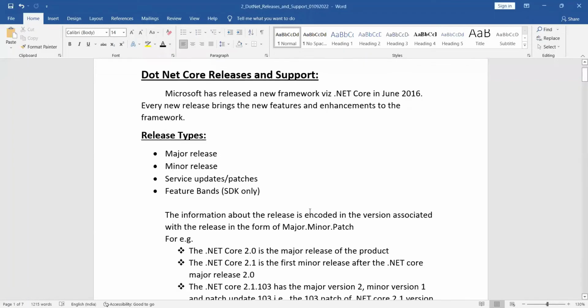So before proceeding with the .NET Core releases, let's start with the release types. Basically, the Microsoft framework was first released in June 2016, and it has evolved with every frequent release provided by the Microsoft platform. The first release was deployed in June 2016 with version 1.0, and the current release we are using is